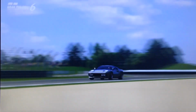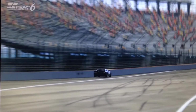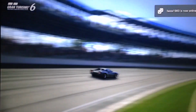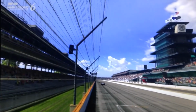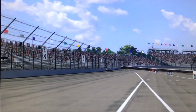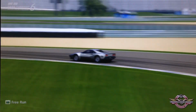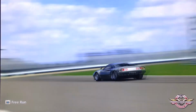But of the classic cars, especially of the 80s cars that are on the game, this is one of the most popular, possibly even the most popular. And the reason why is because it's so good. It's incredibly quick for its spec. Now, as the name suggests, this car is a 288 or 2.9 litre turbocharged Ferrari. It's mid-engine, rear-wheel drive, and fully tuned, it puts out a very impressive but no way near class leading